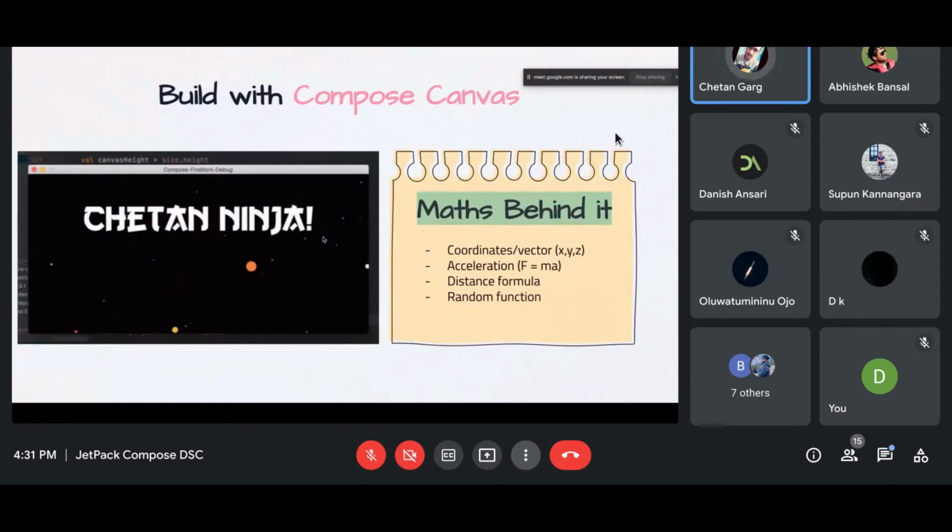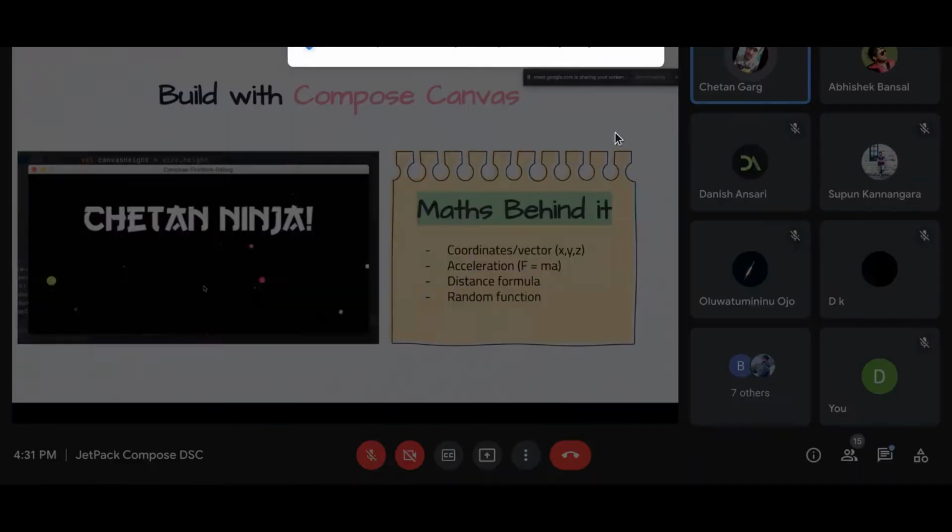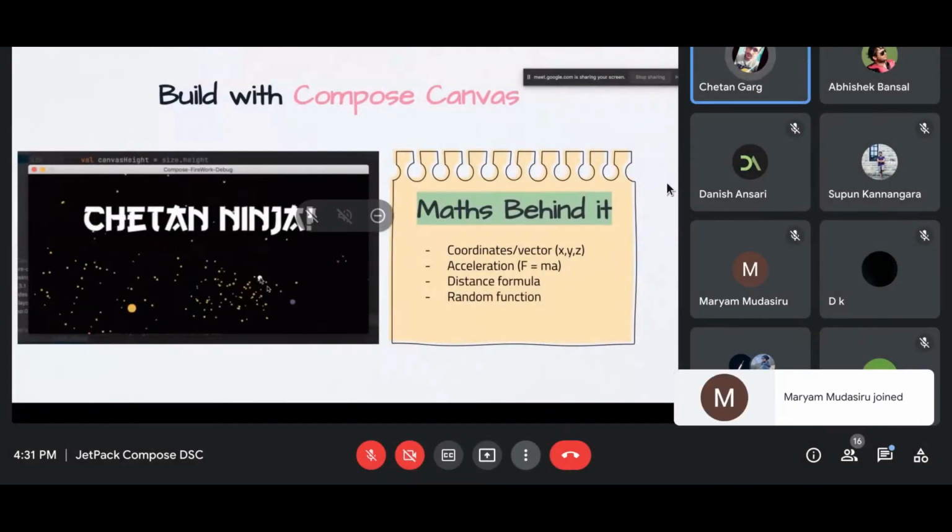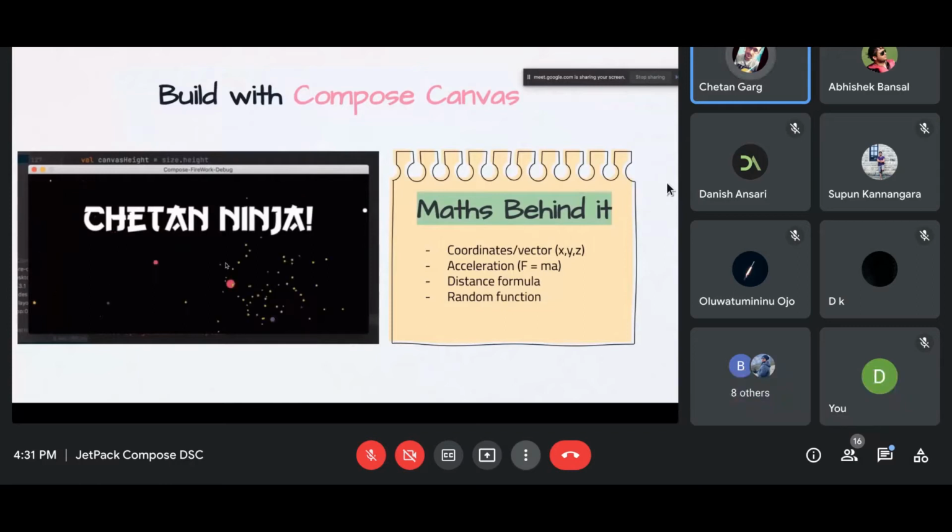So okay, the next thing I built was this fake clone of the Fruit Ninja game, which is a very popular game on Android. You can see the core concepts have been carried forward. What I'm doing is, I have created a circle, and I am throwing that circle with a y velocity.